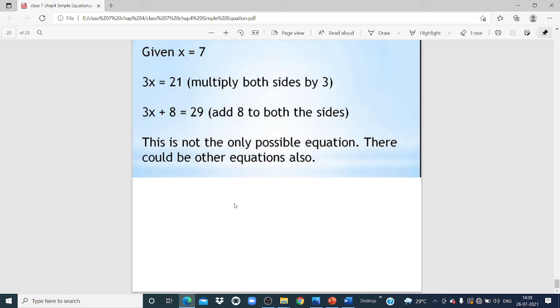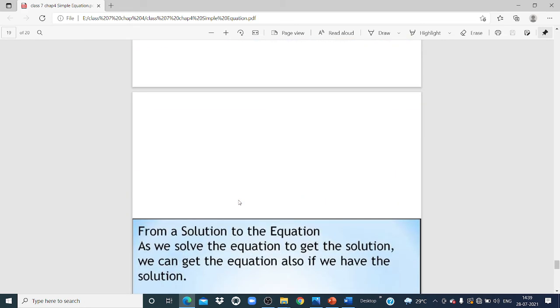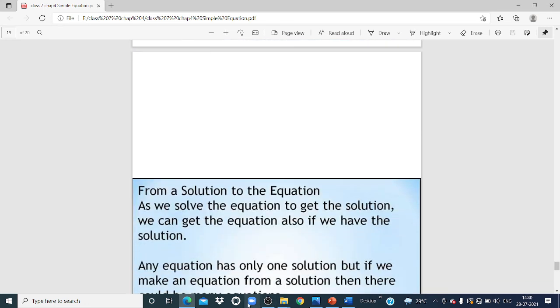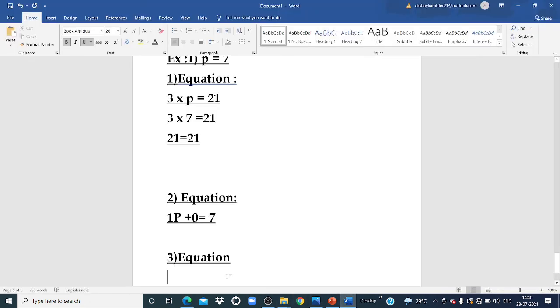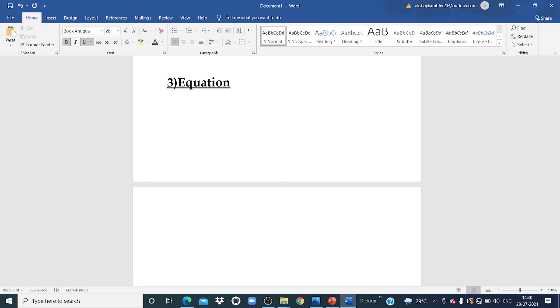Understood, everyone? So this is about today's session. Like that we have exercise 4.2, 4.3 and 4.4 also. So my dear students, can you solve such types of examples from the exercise? Yes. So today we will stop over here. Like that we also have word problems. So can you solve this word problem? Yes. We will solve one word problem in the live session.